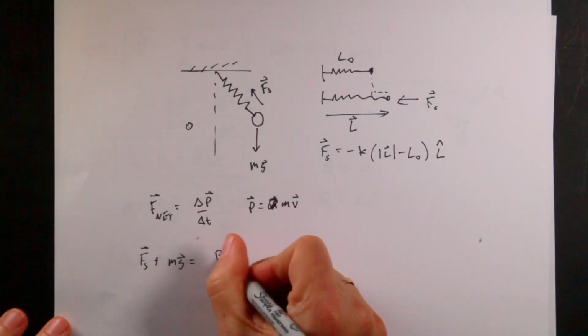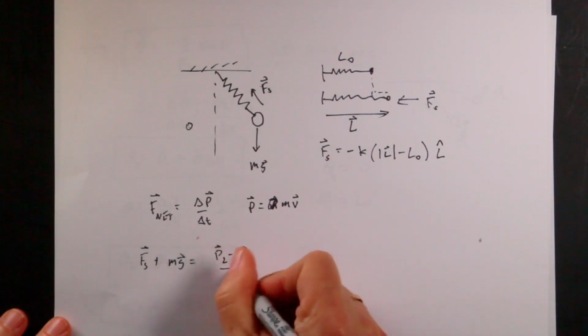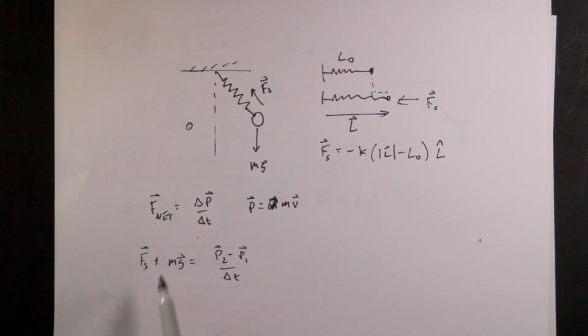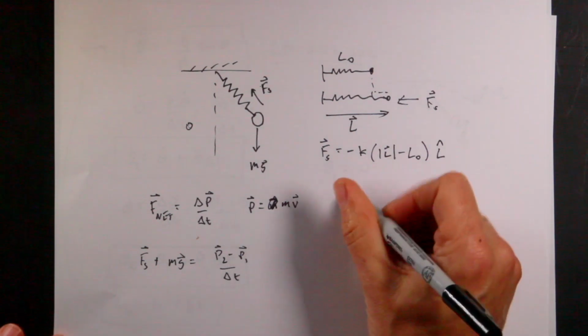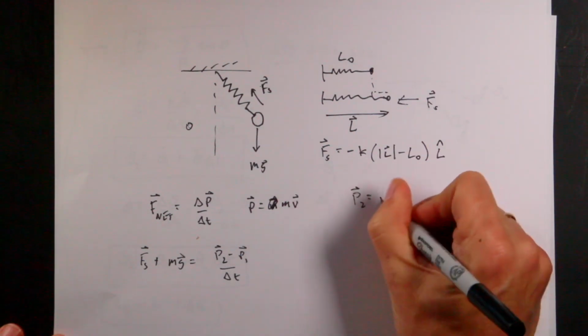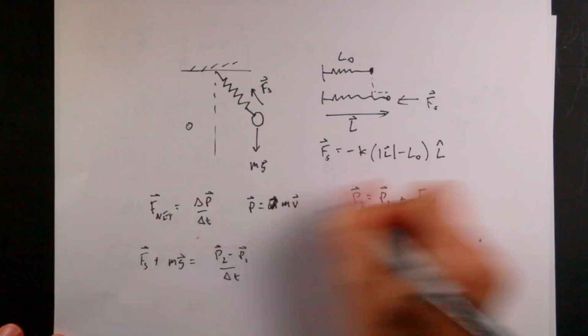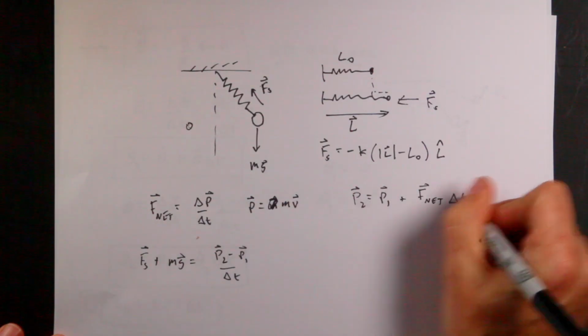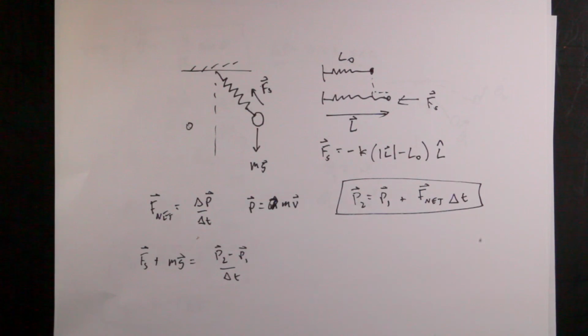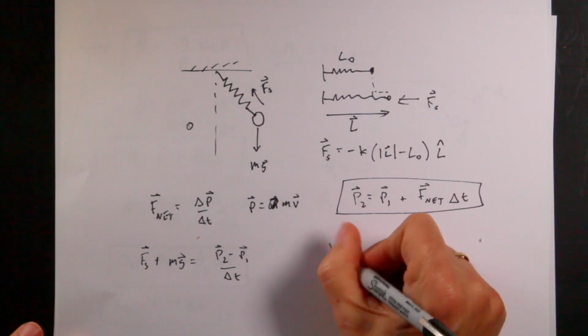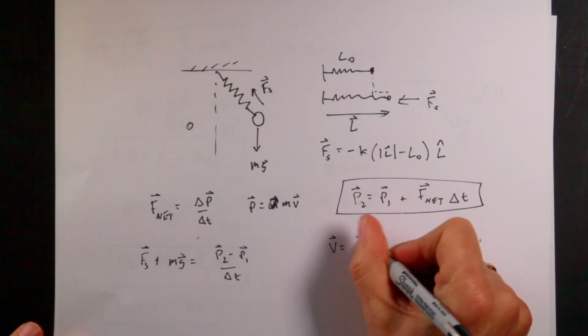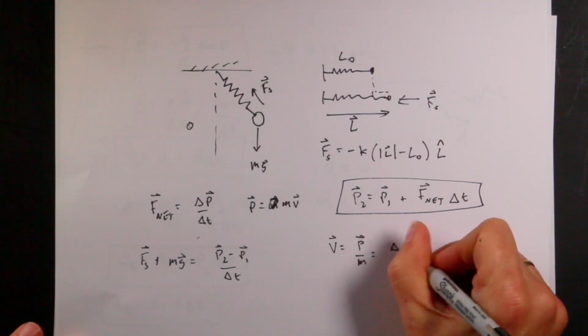And that's going to be P2 minus P1 over delta t. So again, if I break this into small time steps, I can assume this is constant and use that to find my new momentum if I know my old momentum. So I'll say P2 equals P1 plus F net, which is that thing right there, times delta t. And then once I know the new momentum, I can use that to update position. So I can say the velocity is P over m, and that's delta r